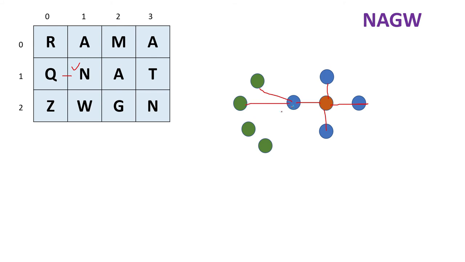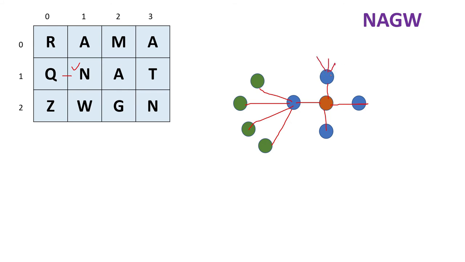Now we have to check the time complexity part. Suppose the first letter we got is N here, right? That is the starting point, you can think. From here, we can go in four directions to search for the second letter. Now from all these four, again we can go in four directions, right? So from this one, I can again go in four directions to search for the third letter. From here also we can go in four directions.